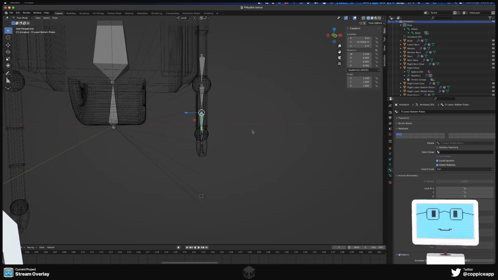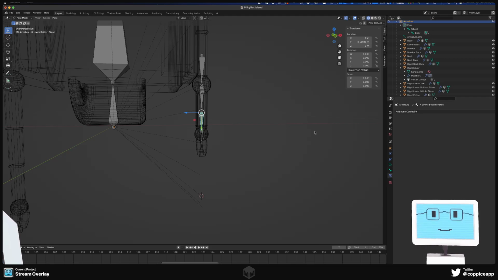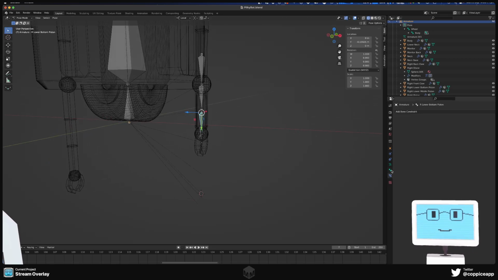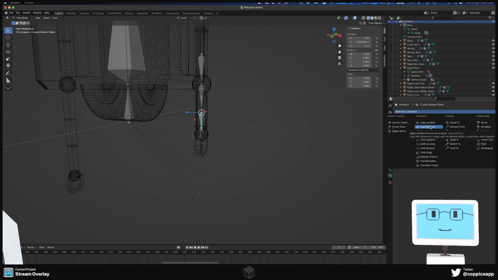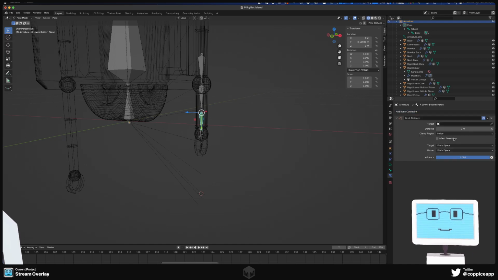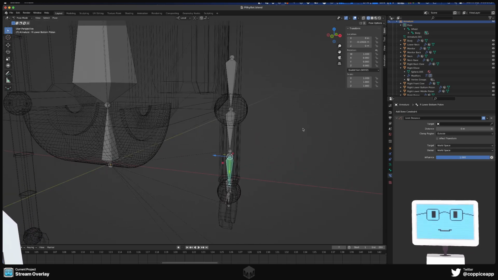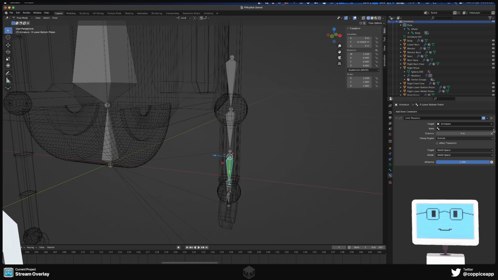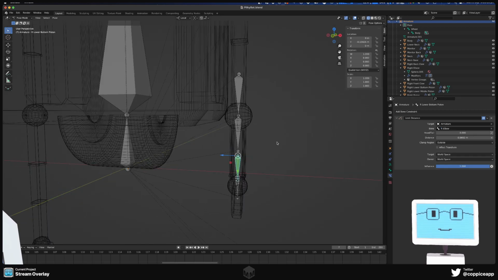So then what I need to do is on this lower one, I'm going to add limit distance, outside. Lower, not elbow. And